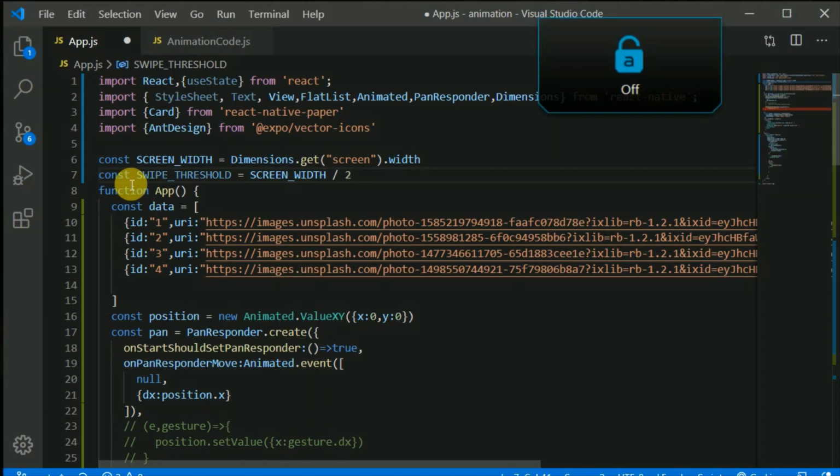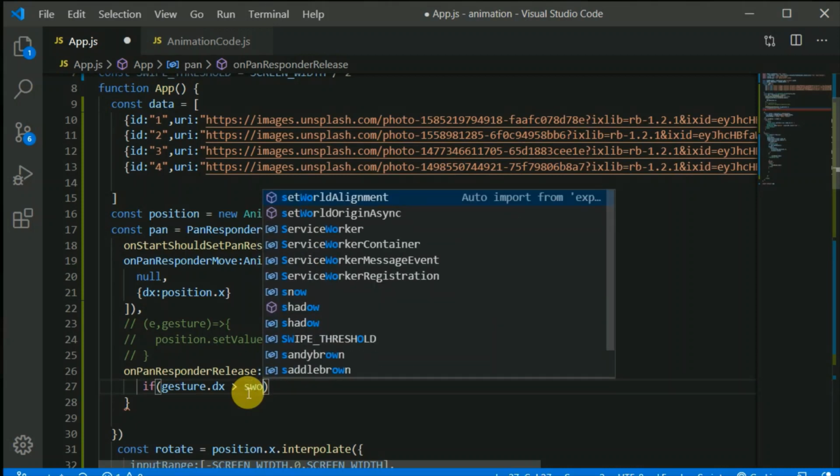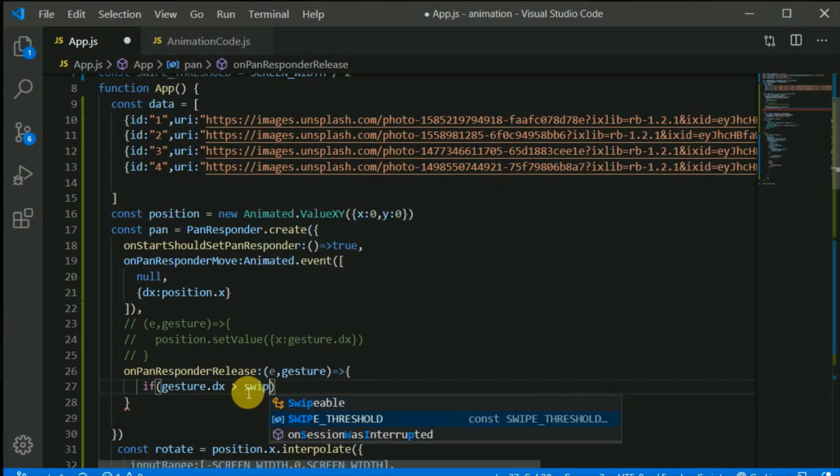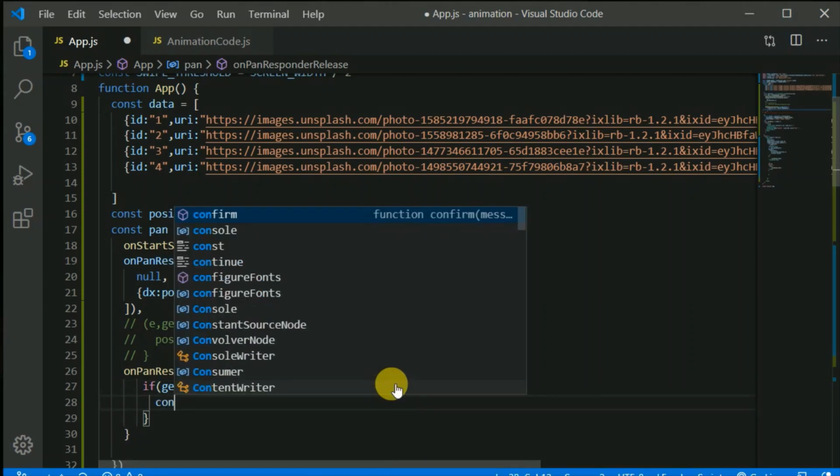If we swipe more than half of the screen width, that is, more than the swipe threshold, then for now I can just console.log